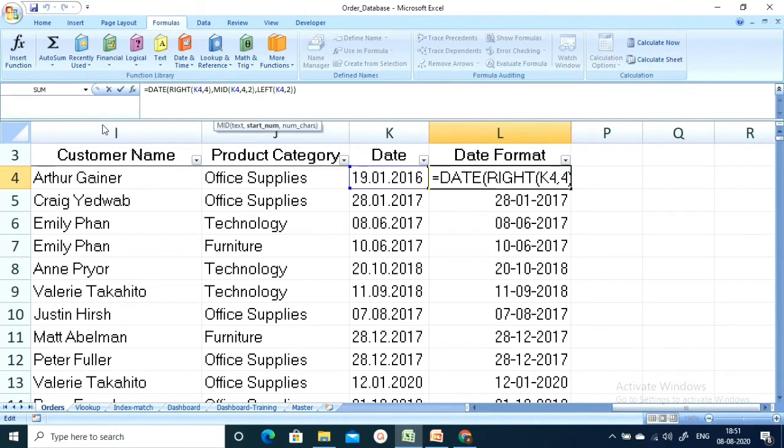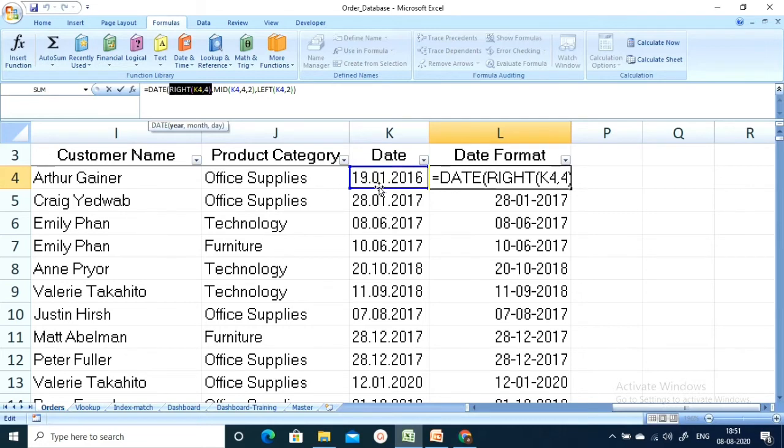If you see in detail, I have used a DATE function, and applied the RIGHT formula to get the last 4 characters from the right side of the string.